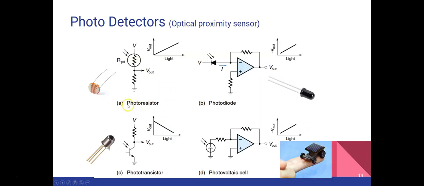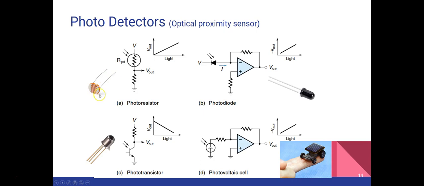So let's first start with the photoresistor. This is the circuit diagram of a photoresistor, and this is the graph which shows the relationship between the light incident on the photoresistor and the output voltage. On the left you see the real picture of a photoresistor, and that's how they look. On the top of the photoresistor, the light is incident, and